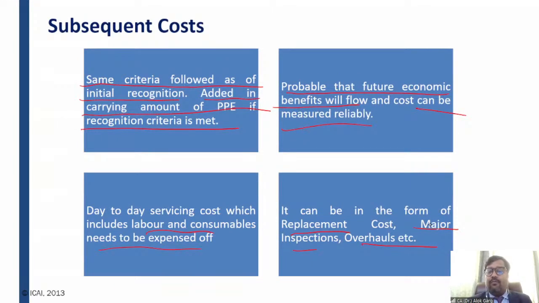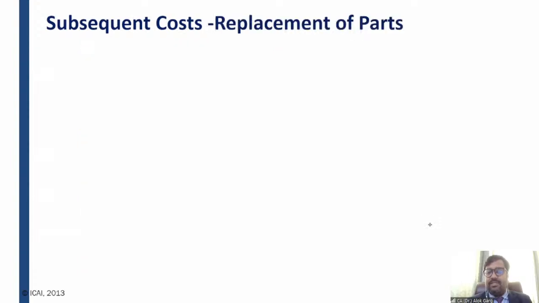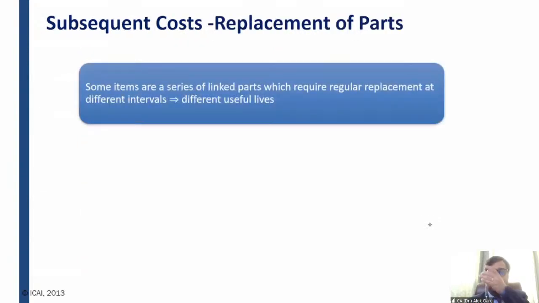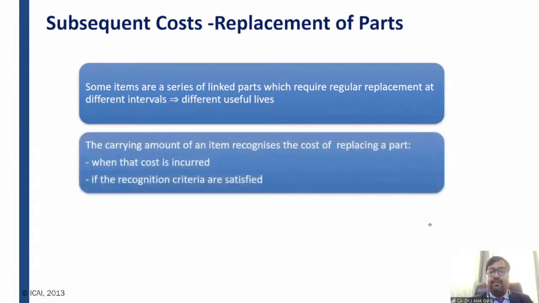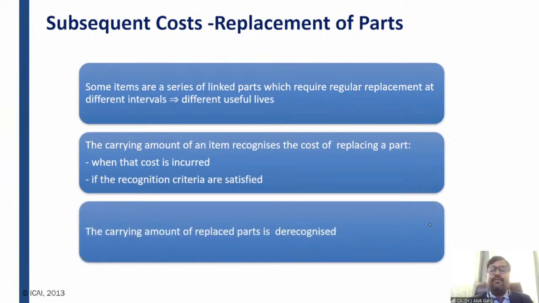So this is in the form of replacement cost, major inspection, overhauls, right? So, replacement of parts. Some items are a series of linked parts which require regular replacement at different intervals and have a different useful life. The carrying amount of an item recognizes the cost of replacing a part when that cost is incurred. If the recognition criteria are satisfied, the carrying amount of the replaced parts is derecognized. Sir, what does it mean? So guys, let me